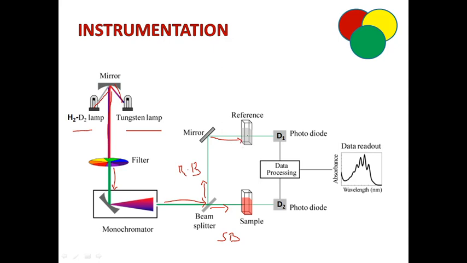Here we know that in the reference cell we take a particular solvent that is in pure state. Pure state means there is no contamination and no impurity. We have to take the solvent in pure condition. Whenever the reference beam reaches the solvent, as we know the solvent is transparent to UV radiation, least absorption or almost nil absorption takes place. So the transmitted radiation must be a highly intense beam because of less absorption in the reference cell.